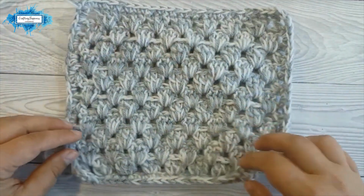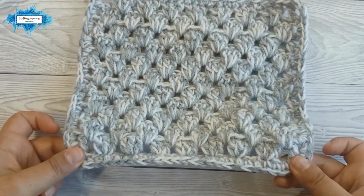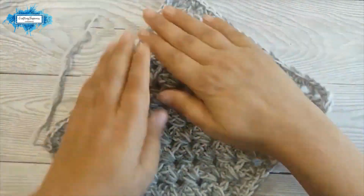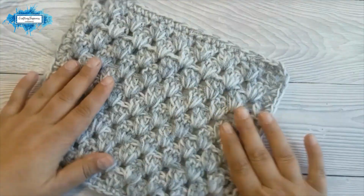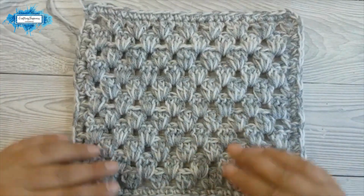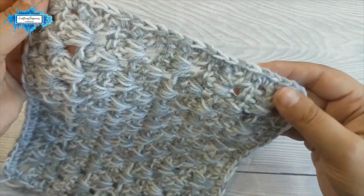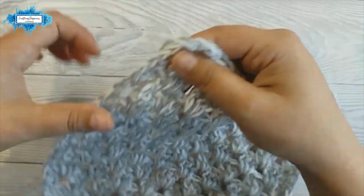And this is what we have. As you can see, the border is a bit tight, that's why it's curling up. All you have to do is just loosen it up like this. And like I said, it's better to be a bit tighter than loose. And now we have neat edges, corners nice and rounded, and we have stitches all around onto which we can